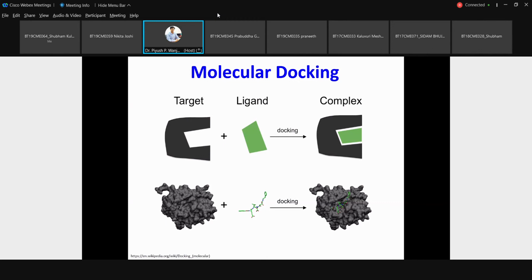Then you can have a database of several compounds, like you have learned about SMILES strings. So you can have a database consisting of thousands or millions of potential drug molecules, and then you can ask the software to give you the value